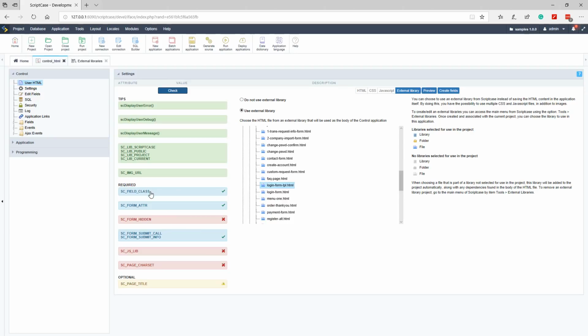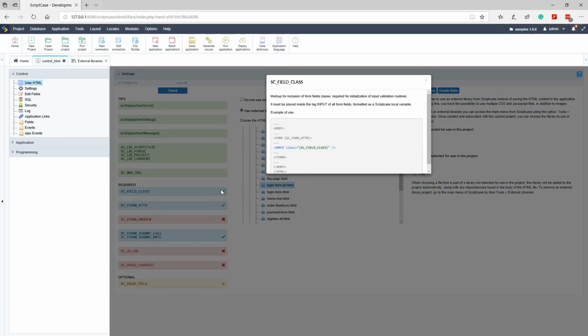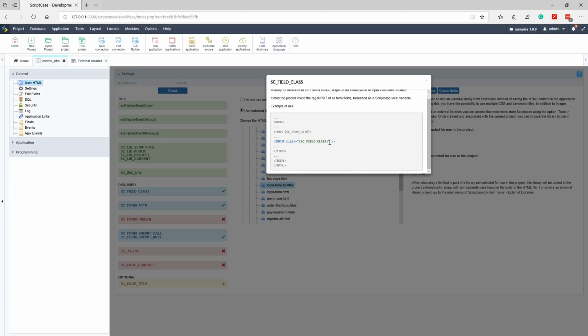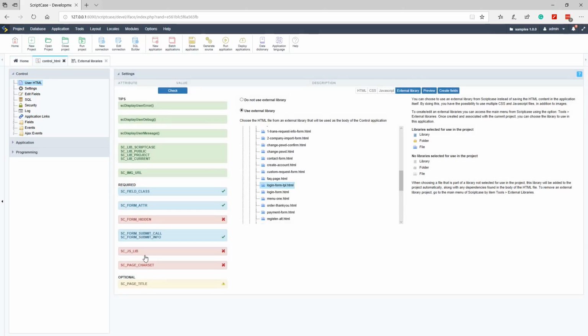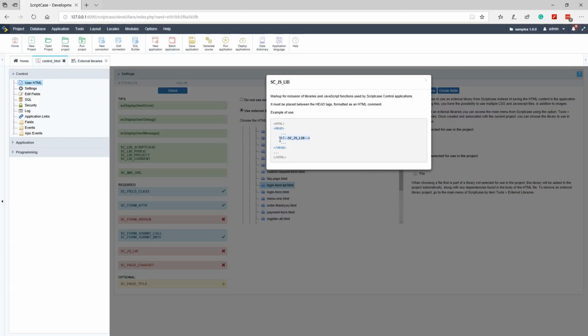Now, if I click on any of these, even these which are in order, it will provide us the information we require for this specific tag. So here it says SC form hidden. Markup for inclusion of form fields class is required for initialization of input validation routines. It must be placed inside the tag input of all form fields. So here we see, for instance, SC field class on the input, and on the form, we require the SC form attribute. Now for this form itself, we have no hidden fields, so I don't really think it's an important field. And then here we also require to add this tag for the libraries,